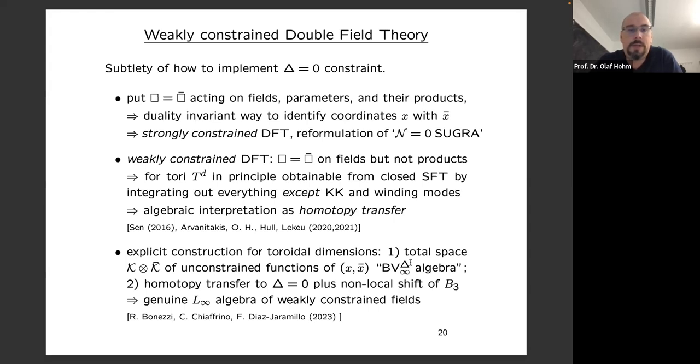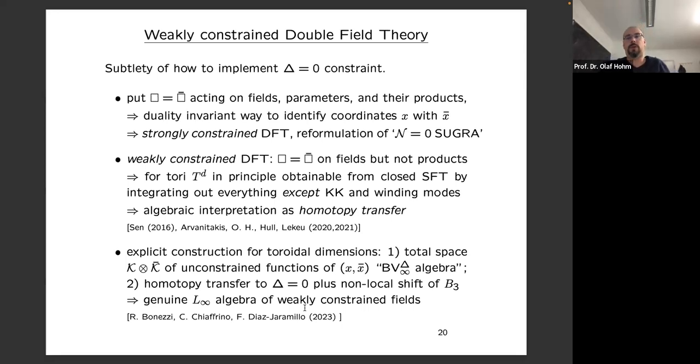So to get the proper L infinity algebra, we then do homotopy transfer to delta equals 0. That's still not a proper L infinity algebra, because you start with something that is not of the standard type. But you can fix this by performing an extra non-local shift of the B3. So we have an explicit B3 that makes the generalized Jacobi identity work for weakly constrained theory. So in that sense, we now have the genuine L infinity algebra of weakly constrained fields, and hence a weakly constrained